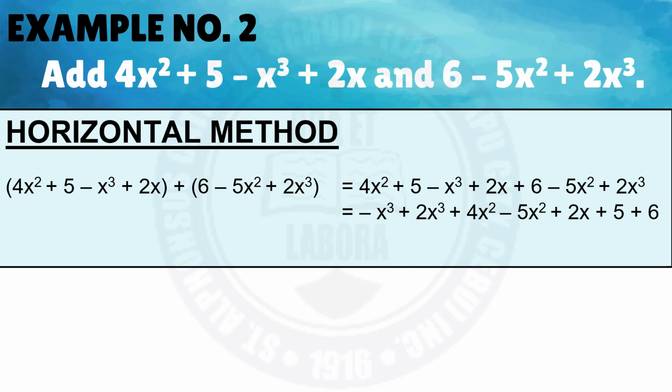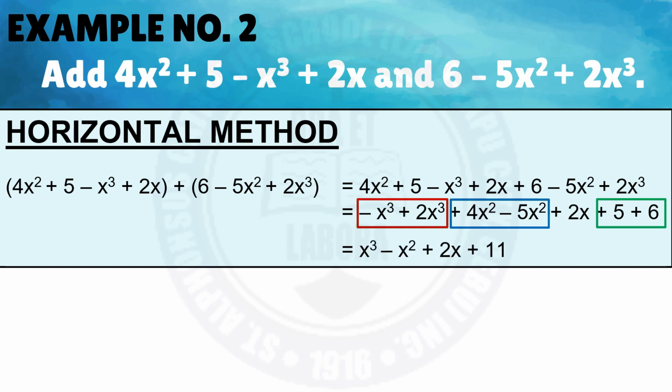So negative x cubed and 2x cubed should be put first side by side. Then 4x squared and negative 5x squared. After that, write 2x and then 5 and 6, and then simplify them further according to similar terms, and then get its result. Negative x cubed plus 2x cubed, or just simply negative 1 plus 2, the answer is 1,